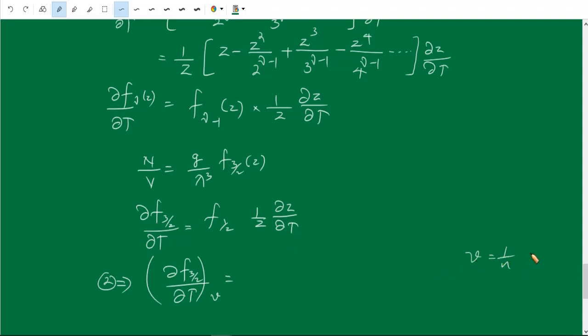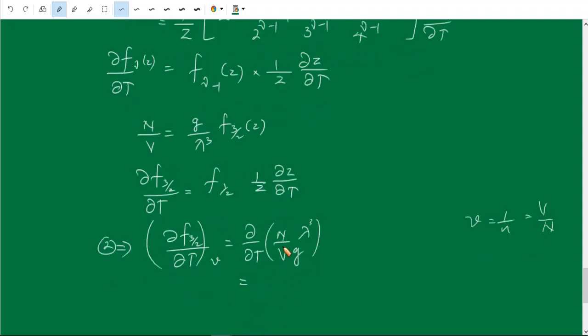Small v is 1/n, which is equal to V/N, the volume per particle. Volume per particle means this is constant, so n/v is constant, so V/N is also constant. g is also constant, λ³, so this can be written as ∂/∂t of n/v. So this will be, n/v is constant, because v is constant, g is constant, therefore this λ³